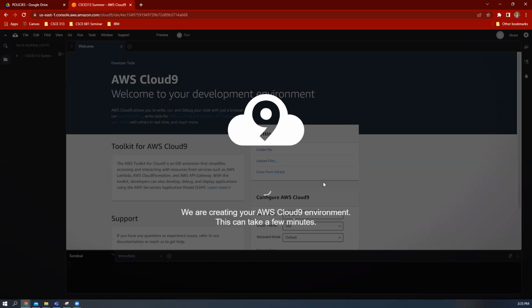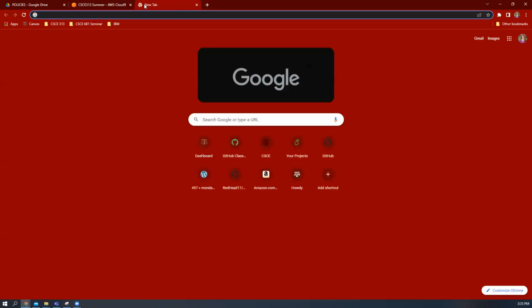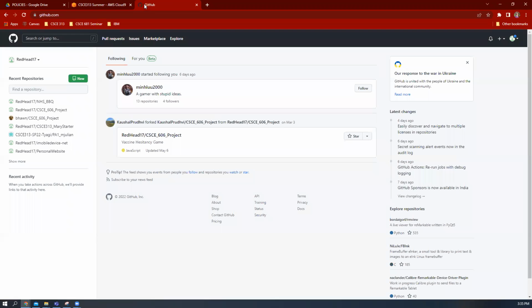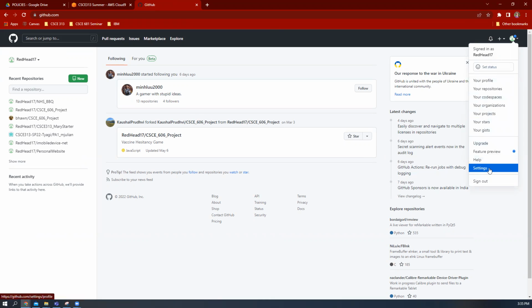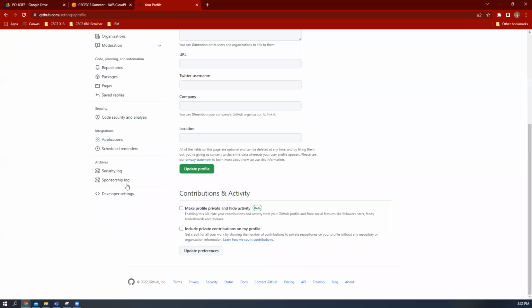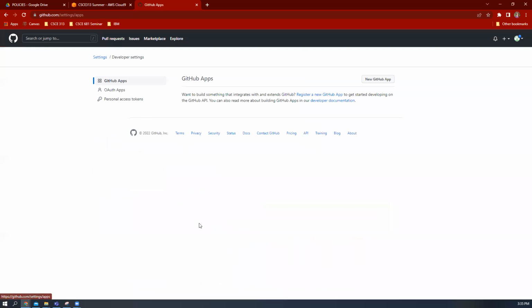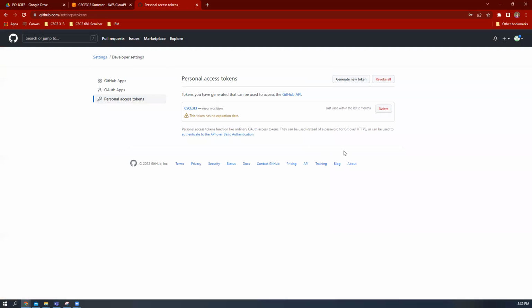Once you've done all of this, create the environment, and it will start to provision. The provisioning does take a little while, so while it's going through that, I am going to quickly go through setting up a GitHub personal access token. We'll need to use this, since we're not using Visual Studio Code with the GitHub Classroom login. So if you go to your profile dropdown under settings, developer settings, personal access tokens,